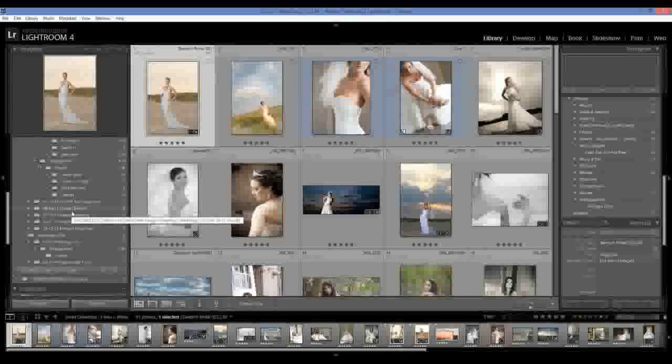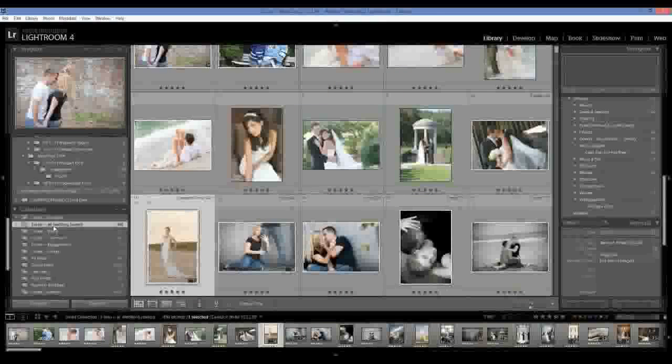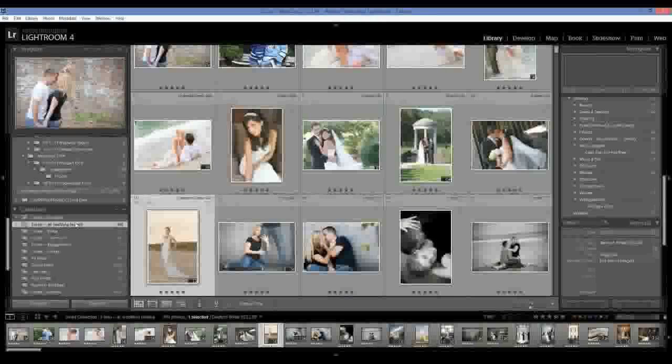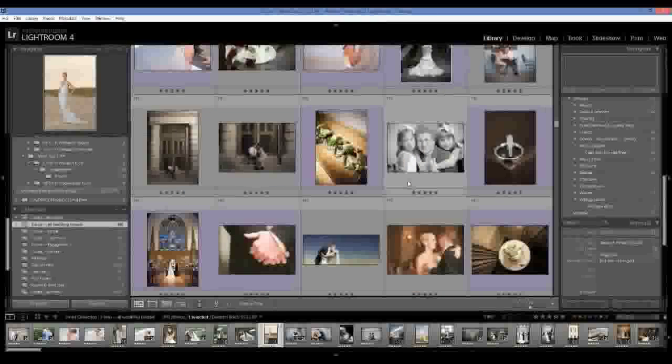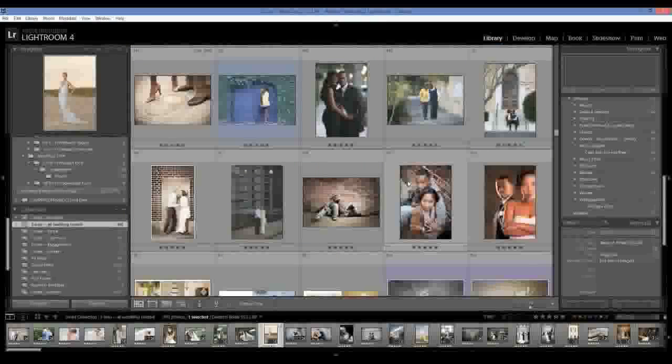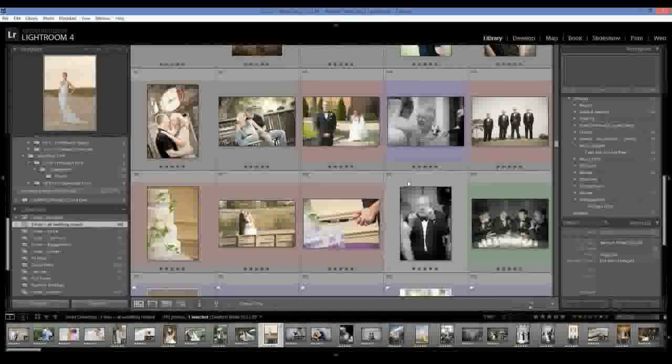that's 5-star rated that will sync over into your sales room if you have one, or even just in a way that if you ever want to see all of your 5-star rated images, that you can export out for updating your website. We use this right here as well. When we're getting ready to update our website, we'll say, show me everything. We'll click this 5-star all wedding related over here, and it'll show me anything that's been rated 5 stars from weddings. And so now when we get ready to update our website, these are the ones that we know we want on the website. They're already retouched, so all we have to do is export them out and upload them